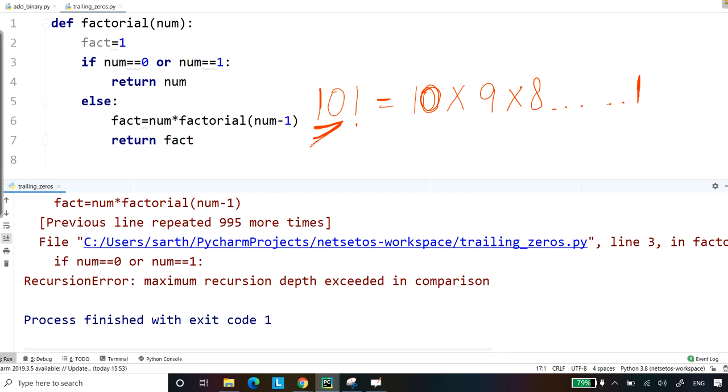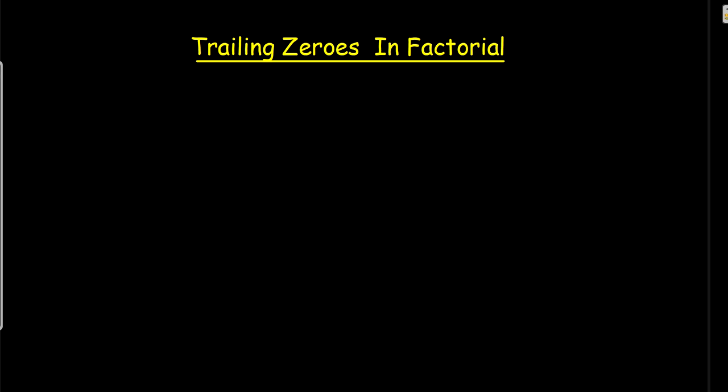So I'll go to open board. So here if I need to calculate factorial of 10, factorial is 10 into 9 into 8 into 7 into 6 into 5 into 4 into 3 into 2 into 1, right? So for calculating trailing zeros, how can I calculate?